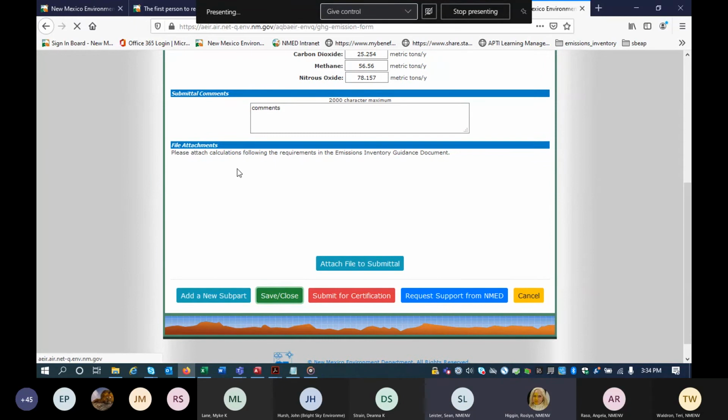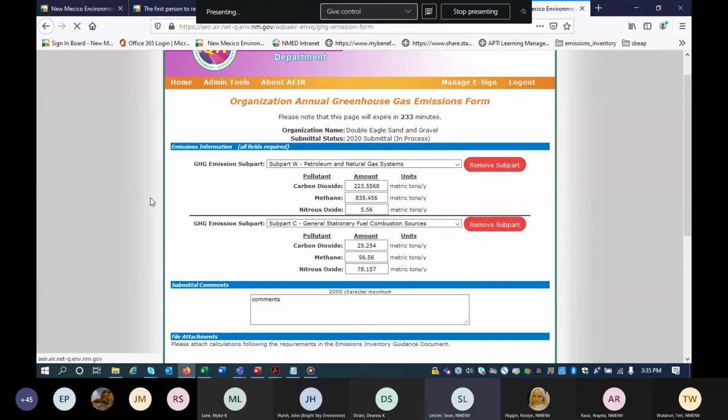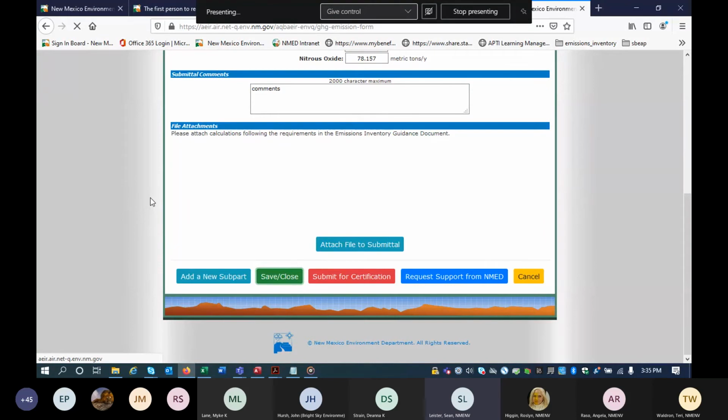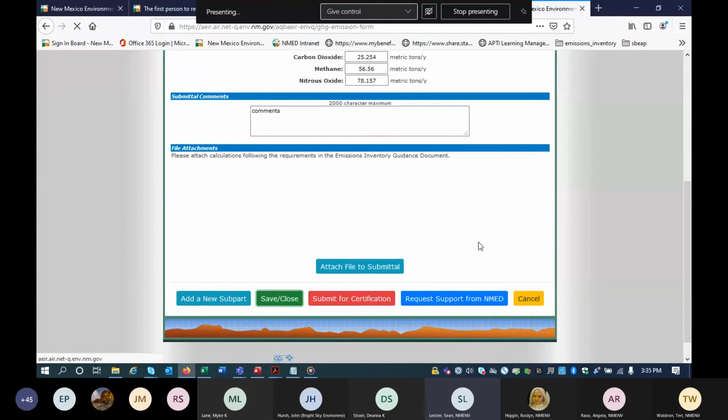Okay, perfect. I'm still waiting for this page to load so I can show everybody how the greenhouse gas submittal looks on the homepage. But one thing I did forget to mention before is that there is a blue Request Support from NMED button for each submittal. Not only for greenhouse gas submittals, but for that Arnold Federal Compression Station emissions inventory general submittal we saw before, there is also a Request Support from NMED button.